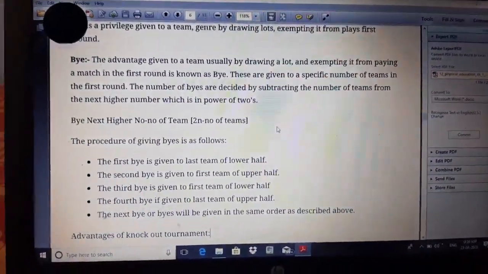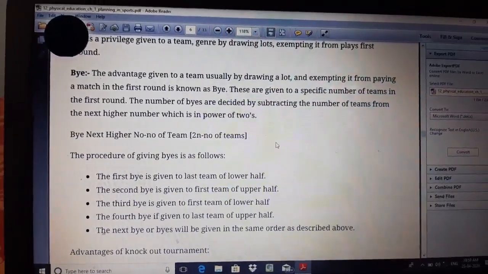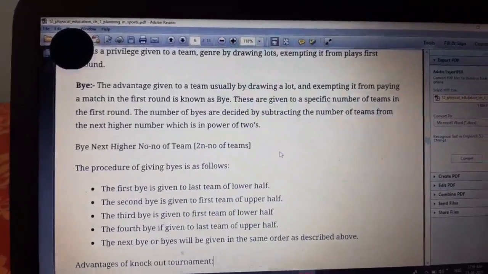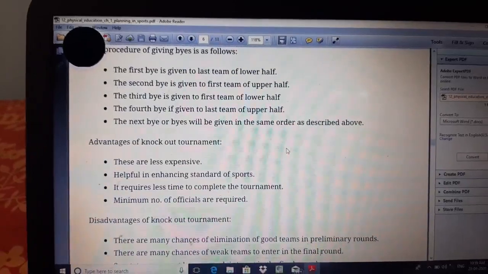So you just need to remember the things that I'm saying. That will be easier for you to understand the content. Now the basic things,